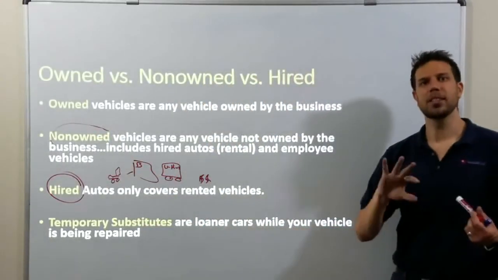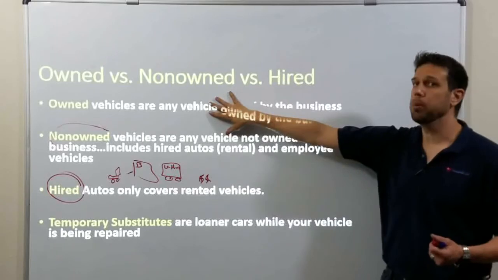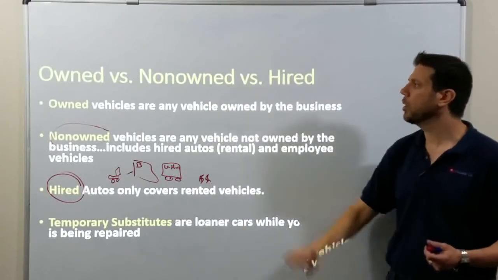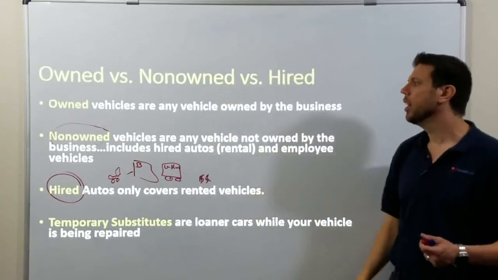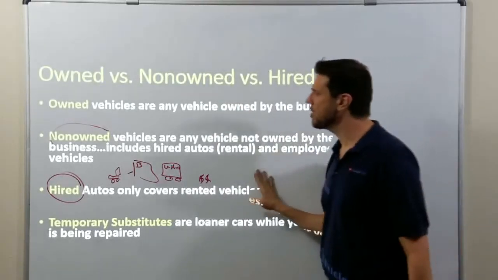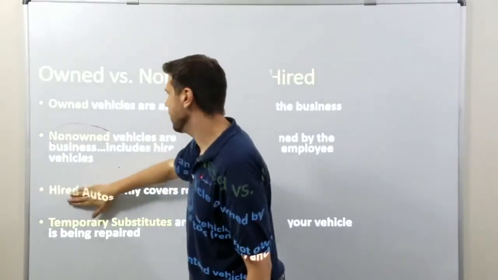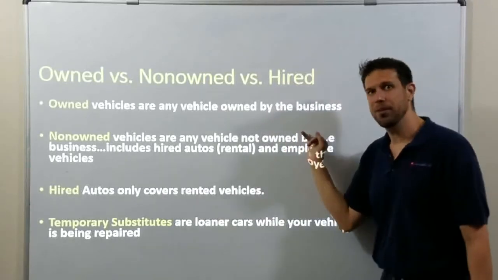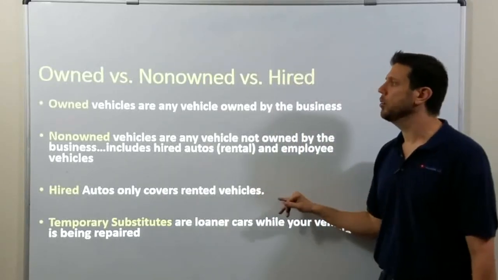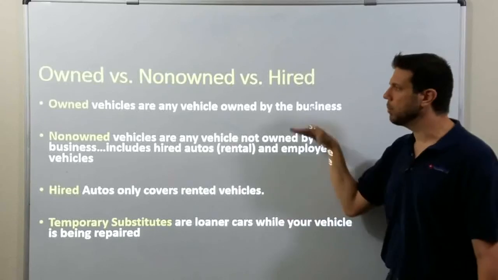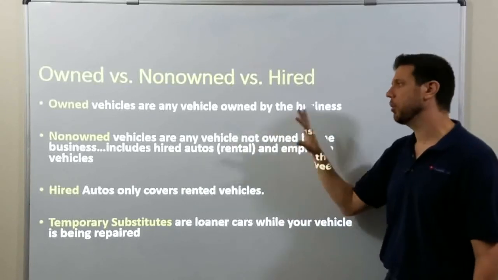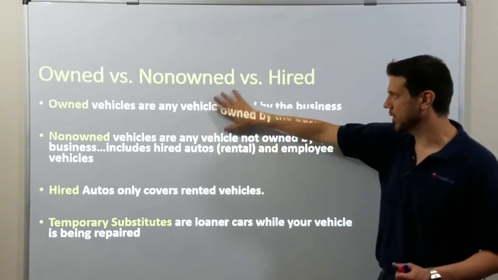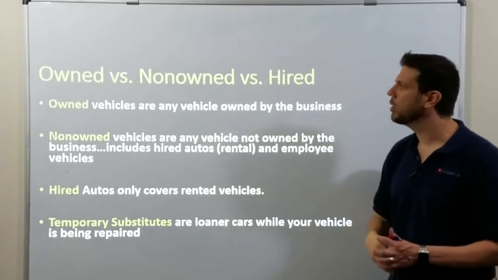So businesses can choose to only cover the vehicles they own, or they can cover any vehicle, whether it's owned or non-owned, or they could choose owned and only hired. These are just different elective coverages that the businesses can choose. If you only get owned autos, that's the cheapest. If you only get hired autos and owned, then it's a little bit more expensive. And then if you get non-owned, it'll cover pretty much any vehicle that you drive. That's the most expensive because it covers everything, owned and non-owned.